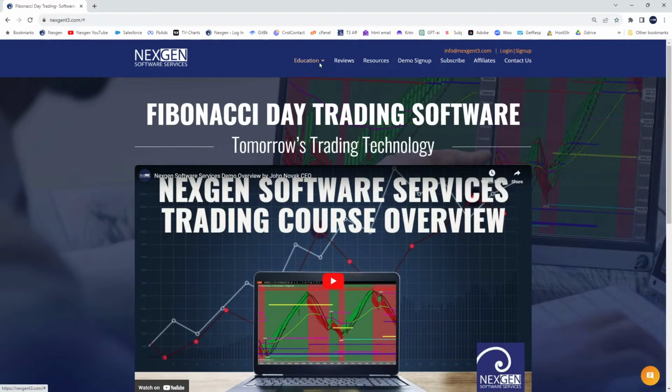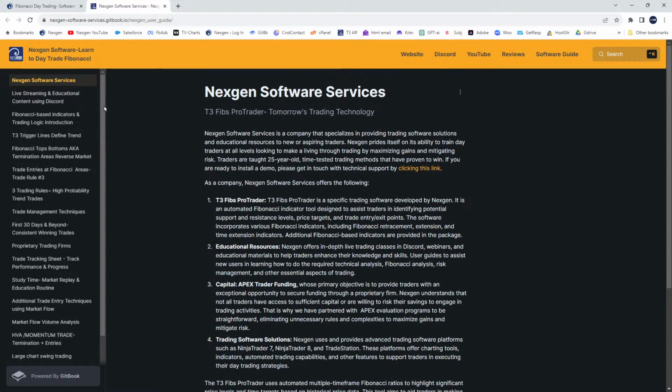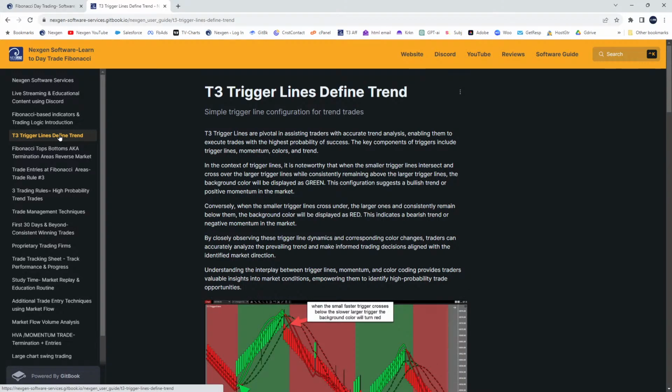So first thing I'm going to do, pull up the user guide. And in the user guide, we've broken it down into sections. The easiest thing for most people to